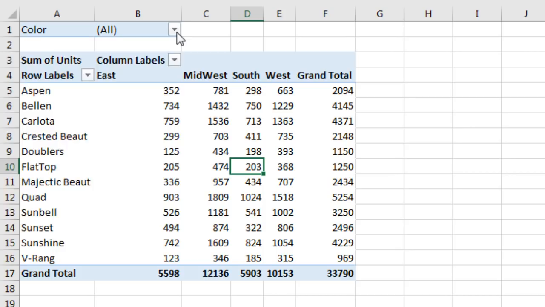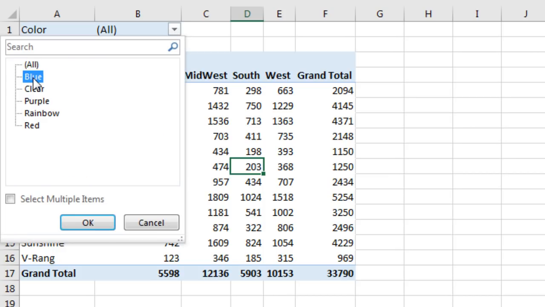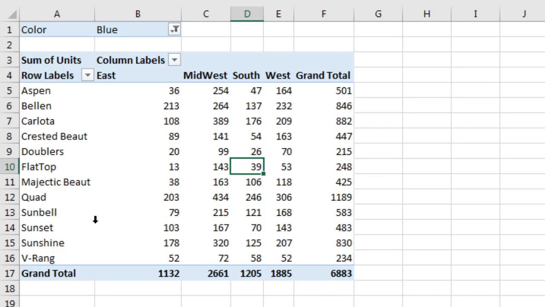When I come up here and select the color blue and click OK, every one of these intersecting cells is using blue as a condition, whereas each cell inside the pivot table is using an individual column header and a